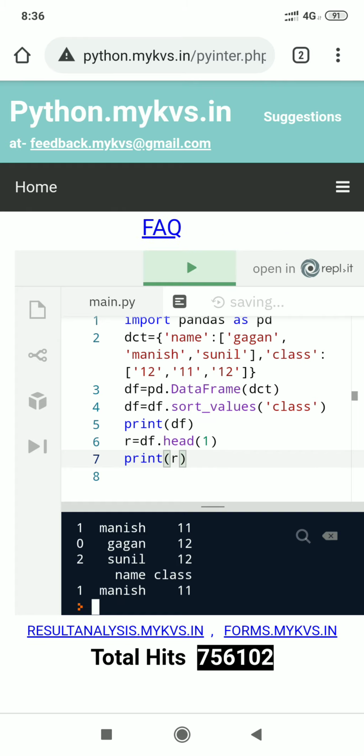Here we are displaying values two times. First of df, it is displaying all the values. Then after we write df.head(1), it is displaying only the first row, because we have mentioned the first row only.